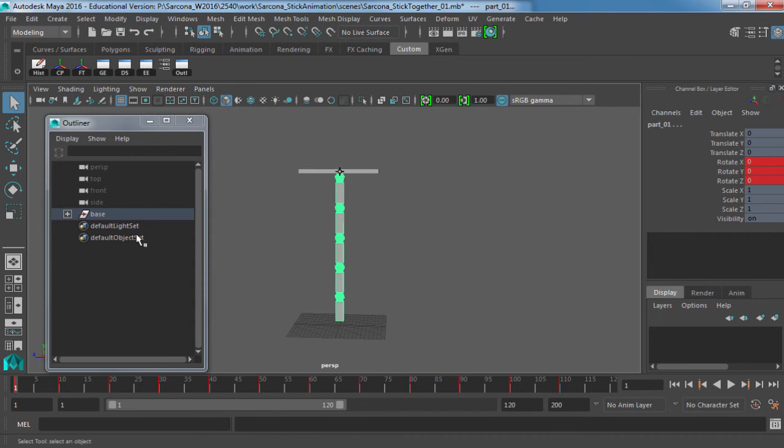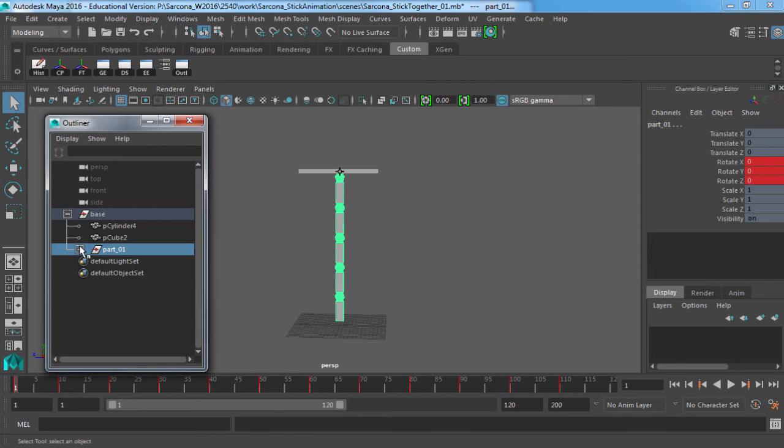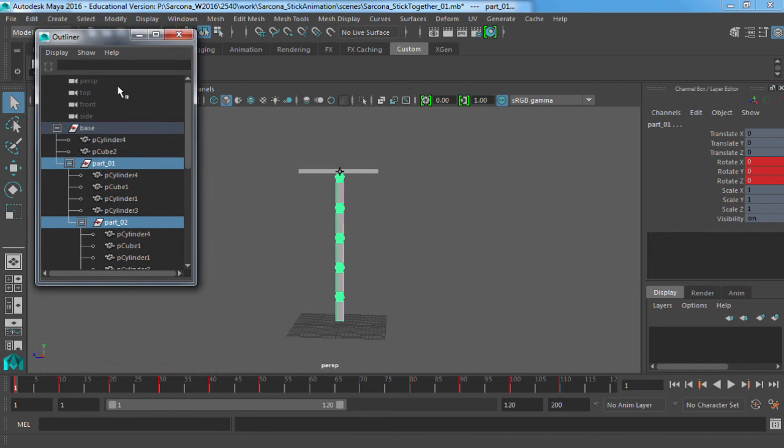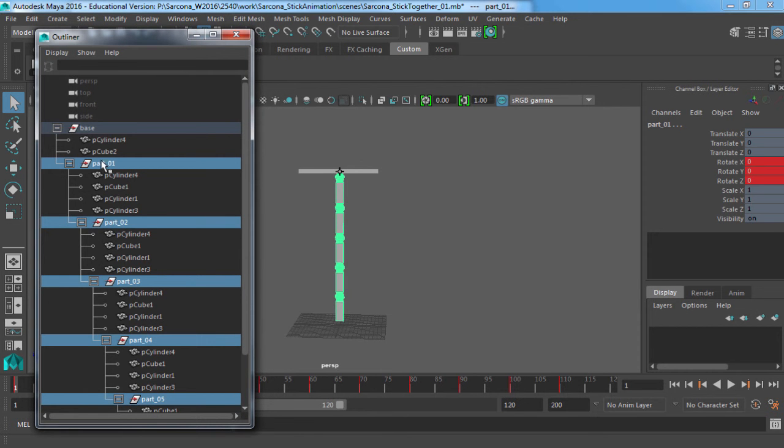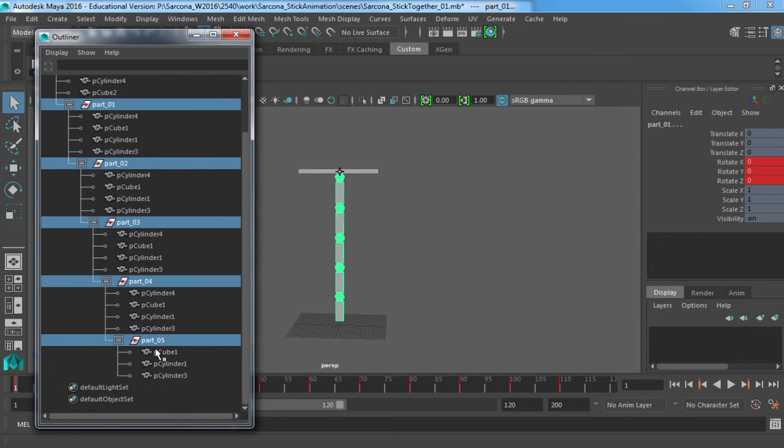Okay, another way you can be able to select these is actually inside of the outliner. If you look at the names of these, you'll see that they're called Part 1, Part 2, Part 3, 4, and 5. I could just go through and control click each one of these, and that's another way for me to be able to select those specific parts. It all depends on your preference as an animator. Eventually, if you do character animation stuff, there's like 6 trillion pieces to animate, so you wouldn't use the outliner